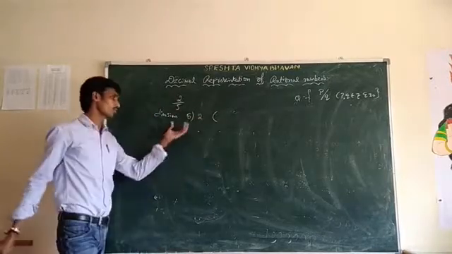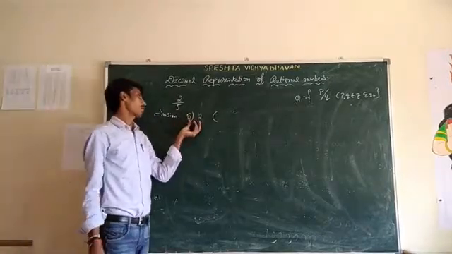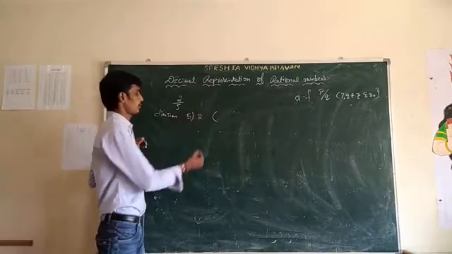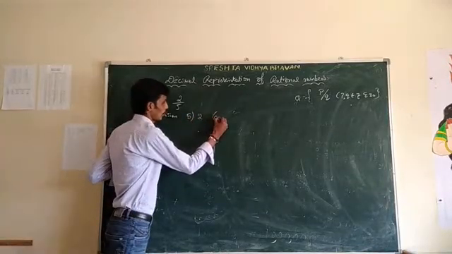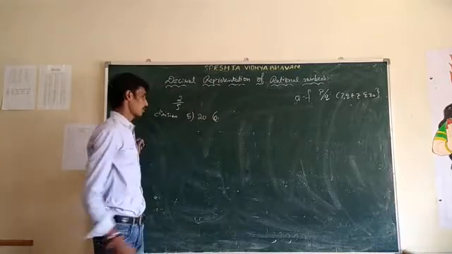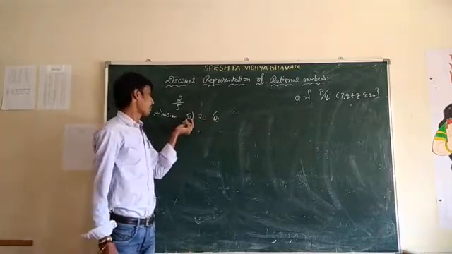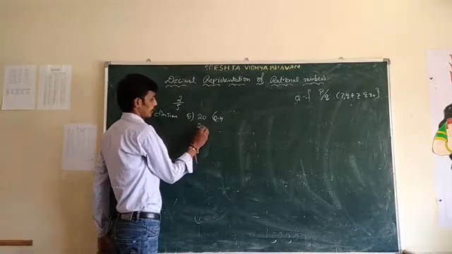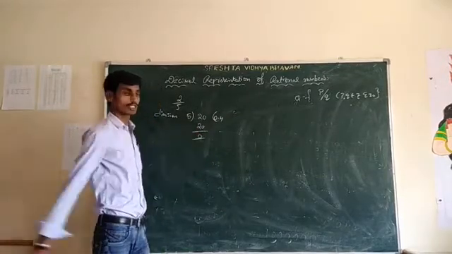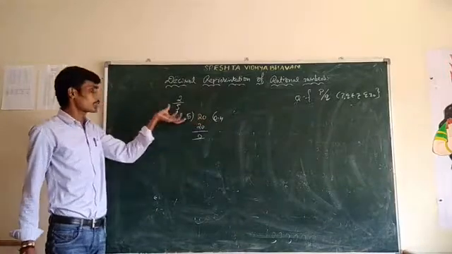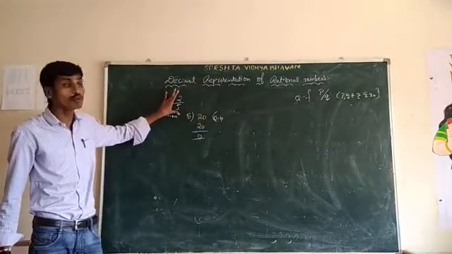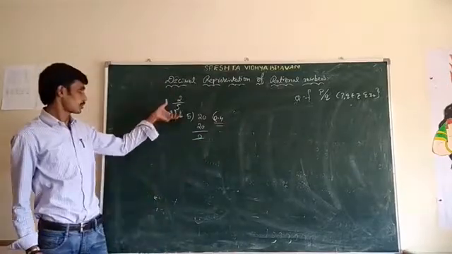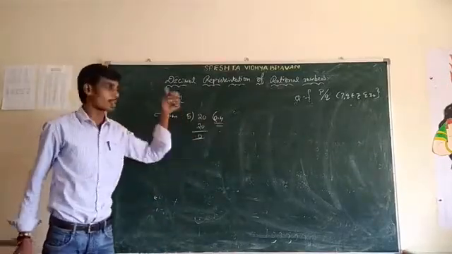So how can you do it with division? Here 5 divided into 2 is not possible, so take the 0 and the decimal point. After the point, 5 goes 4 times, that gives 20. So the remainder is 0. That means the decimal representation of 2 by 5 is 0.4.